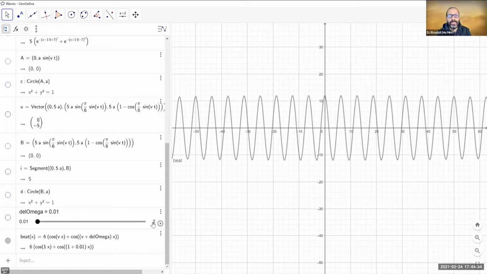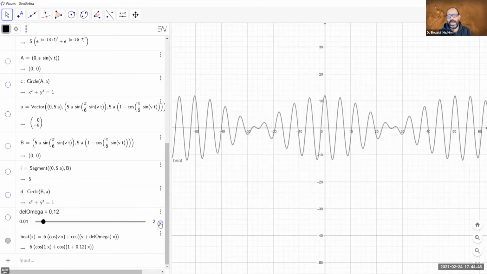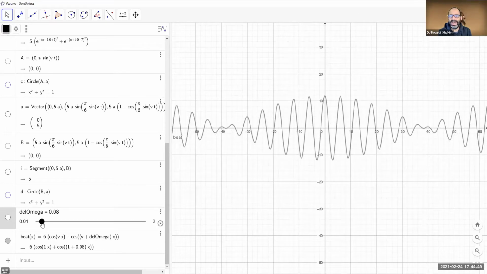So it can be big, because remember, v is 1. So this difference can be big. At this point, it's practically 0. So what you see in this case is this behavior. If I'm going to change this one in here, look at the behavior in here. For small values, I see now I have a clear, it's oscillating still, but now between this point and